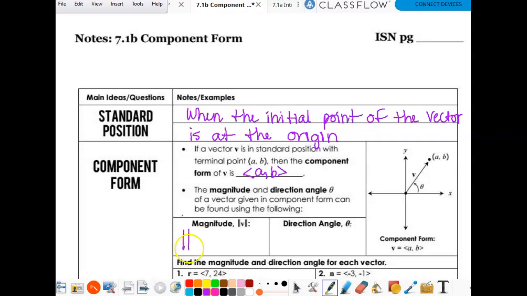The magnitude is like the Pythagorean theorem. And the direction angle